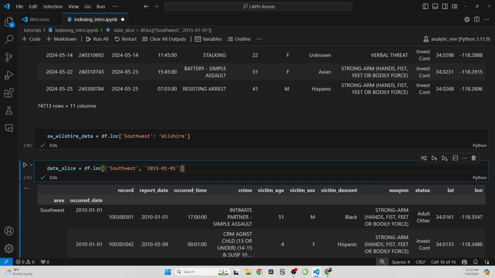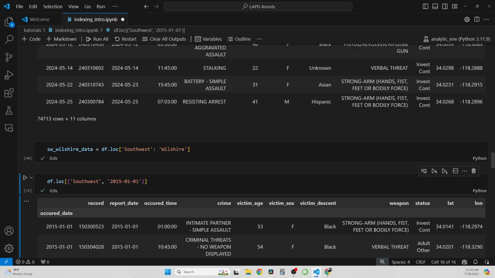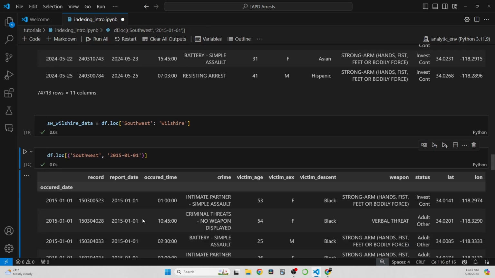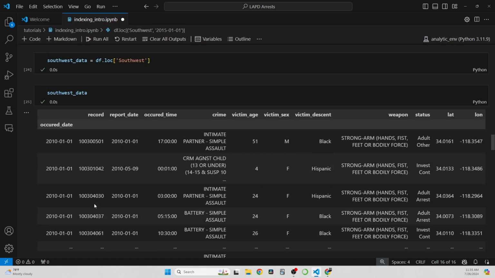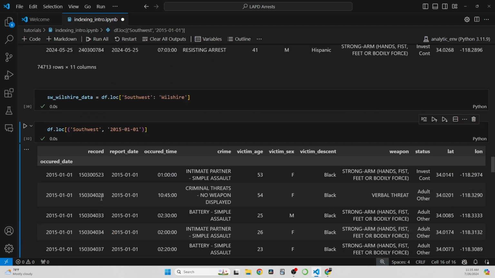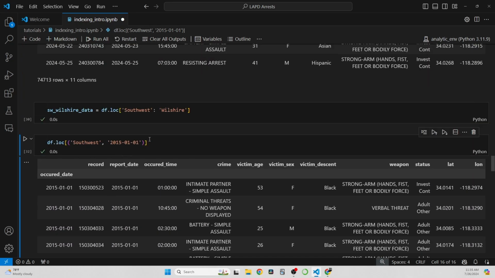What happens when we pass this is it's going to give us everything for Southwest on that date. Let's just see the output for this call. Southwest neighborhood on that particular date. And then if we want to go up to a different region,